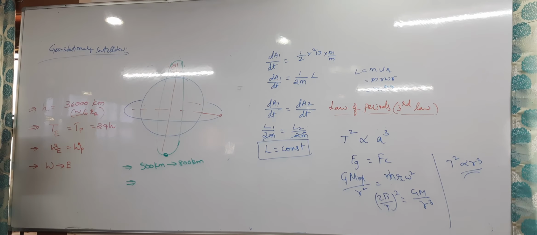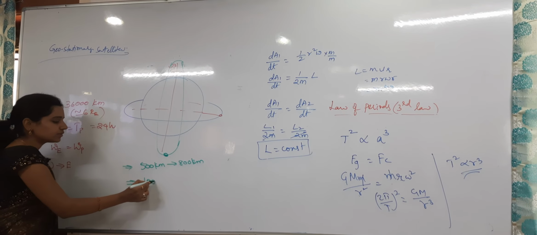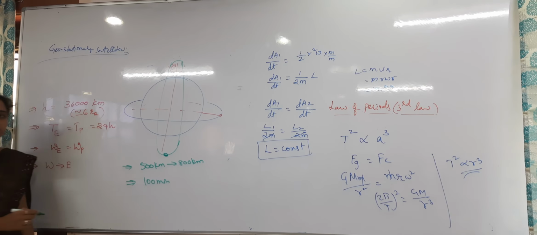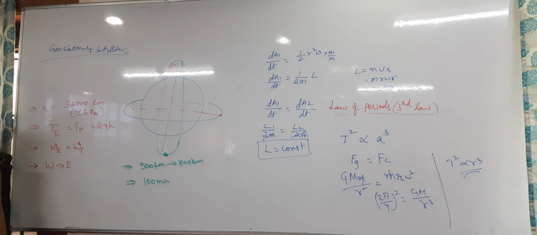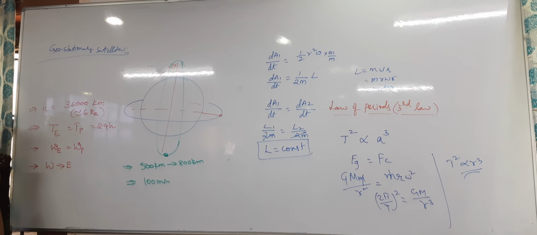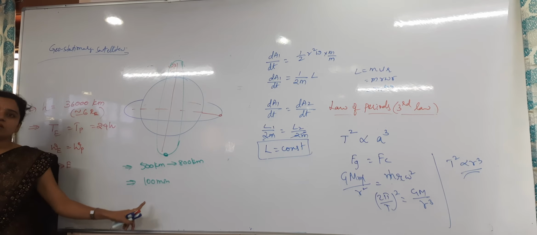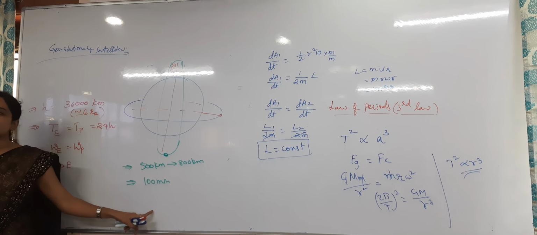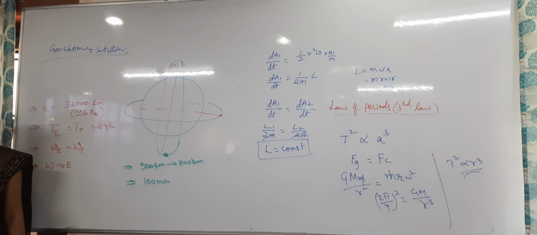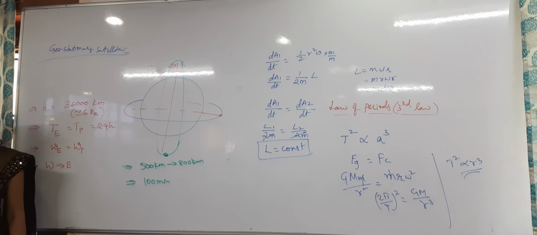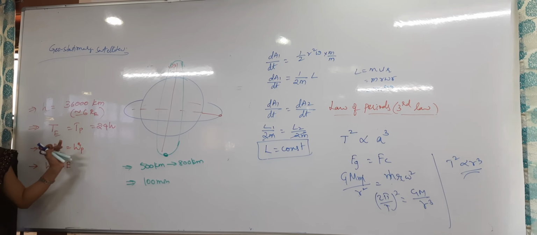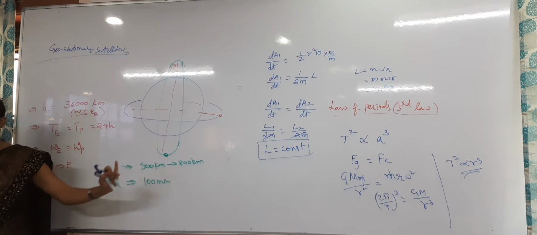Here the time period of the polar satellite is 100 minutes. Just within 100 minutes only it will cover the entire earth. 100 minutes is nothing but almost 1.5 hours, right? In 1.5 hours it will cover the earth one time. Okay, 100 minutes is the time period of the polar satellites. And also the applications of these polar satellites, due to weather changes and what is happening in the poles and all, we will study. Okay? So these are the geostationary satellites and then polar satellites.